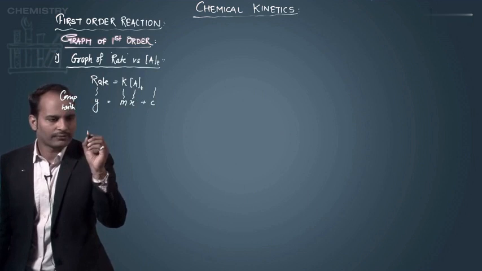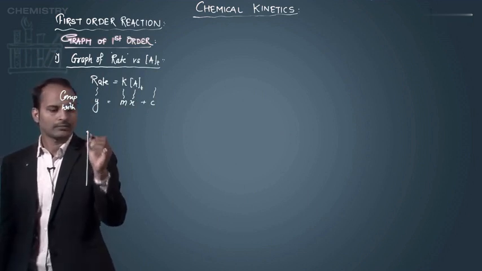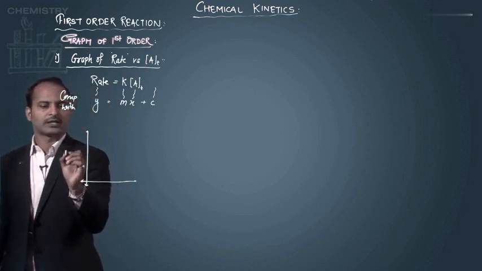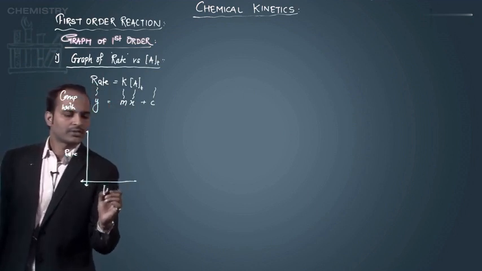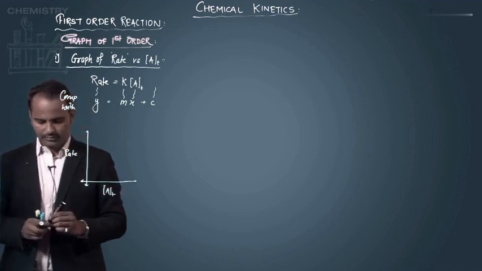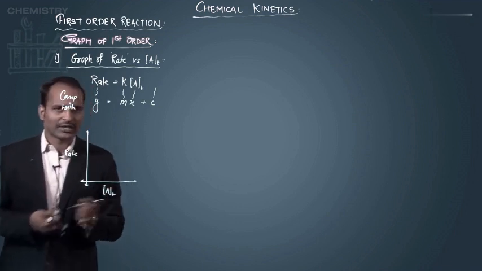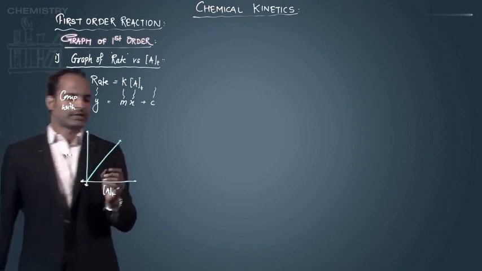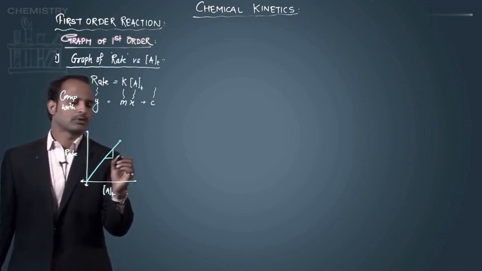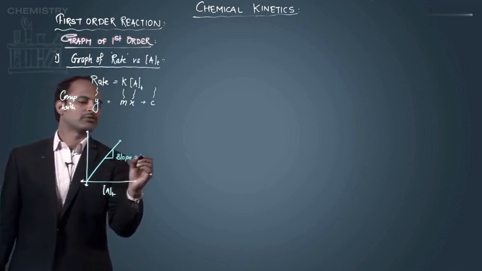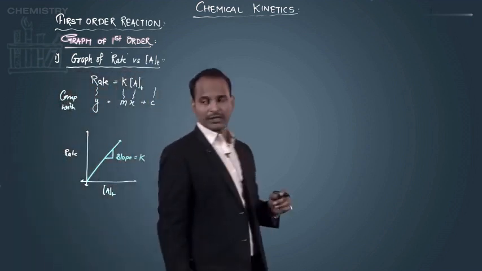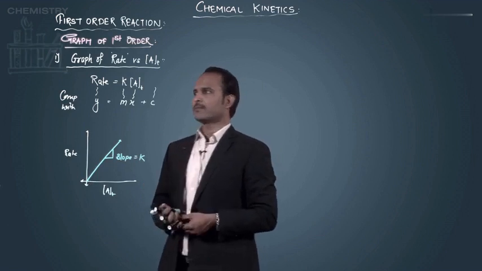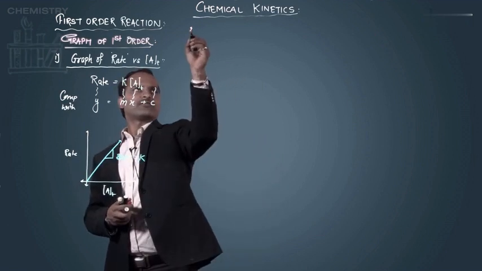So if I'm plotting a graph of rate versus concentration of reactant, that is At, then the graph is a straight line passing through origin, means the nature of graph is something like this. And when we calculate slope, the value of slope is equivalent to the value of k, means from the slope we will have the value of rate constant, that is k. Then second is a graph of